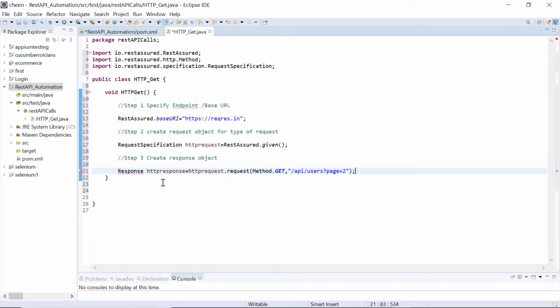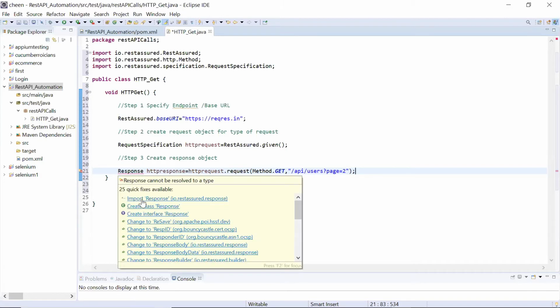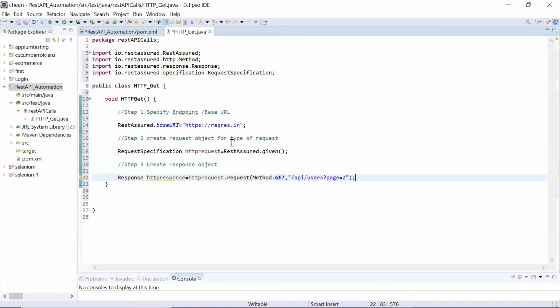Let's understand this. First of all, let's import this Response. Now understand how it works. First, we will send the request. The request will have the type of request we are making on the URL. Whatever we fetch from there will get stored in httpResponse, because that's the response. So the code, which may be 200 or whatever the response is, will get stored in this. But how will the response come? The response will come from the request we made.